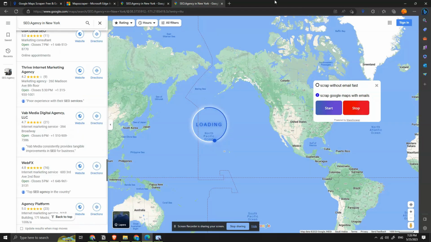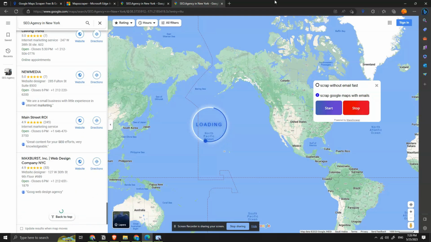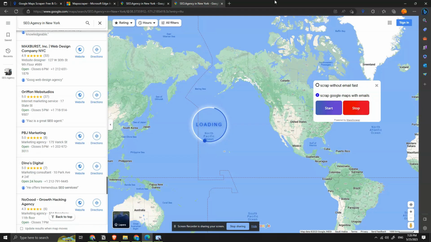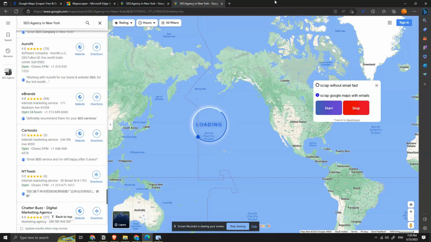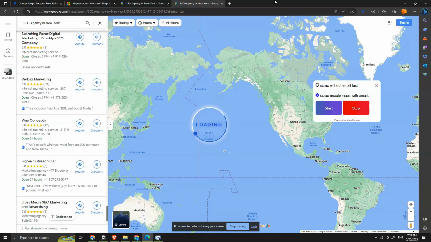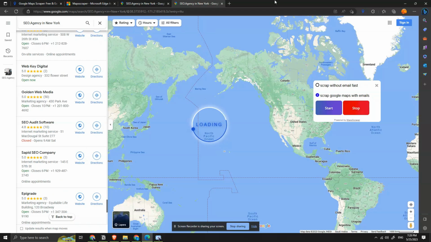It is very important that you do not close the page or minimize the browser window while scraping is in progress. Doing so will cancel the scraping process, and you will lose all of the data that has been scraped so far. Just wait until the scraping is finished, and then you can close the page or minimize the browser window.